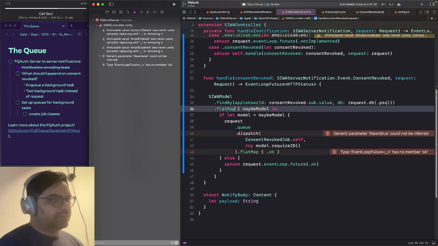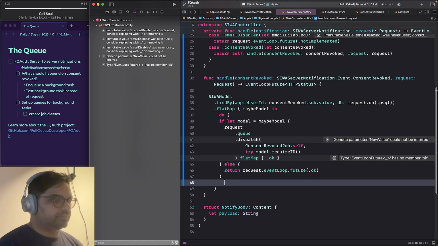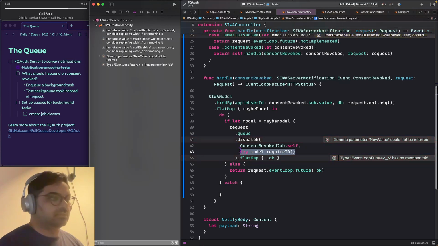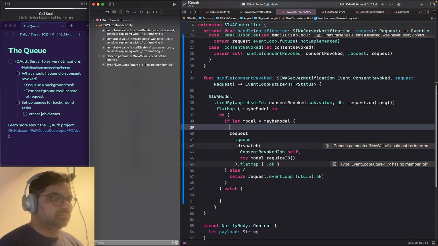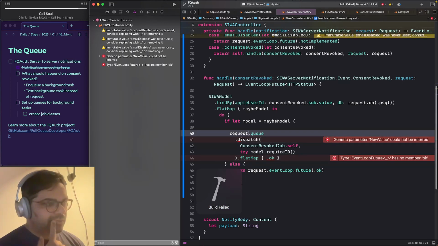Which means going back to a do catch. This looks so gross. Let's see, how do we want to format this? Well, I guess we're not even compiling yet, so